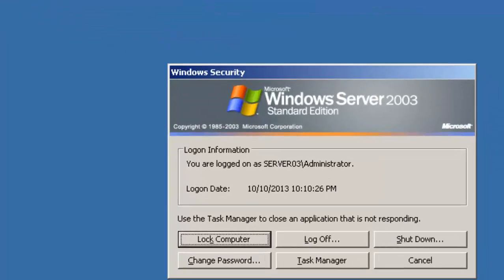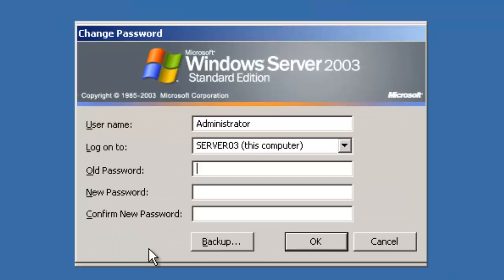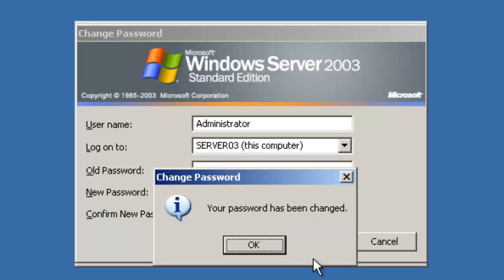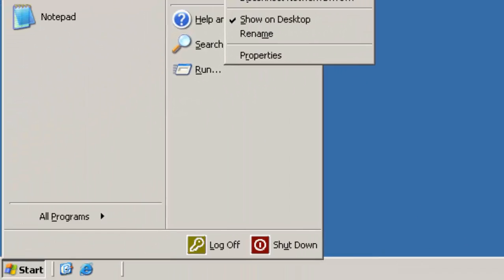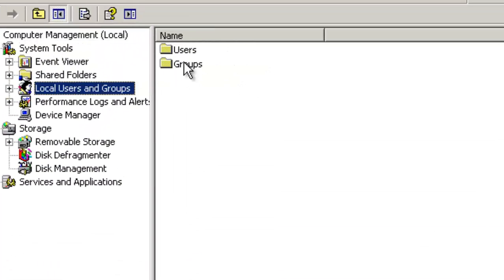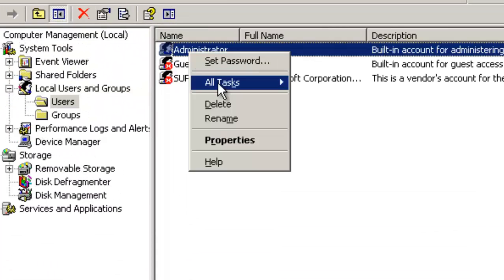Okay, what you want to do is change password. So you don't have any password yet, so new password. I want to give 123 123. You see, your password has been changed. Okay, so if you now go to manage under users, right click, you're still able to set password, but